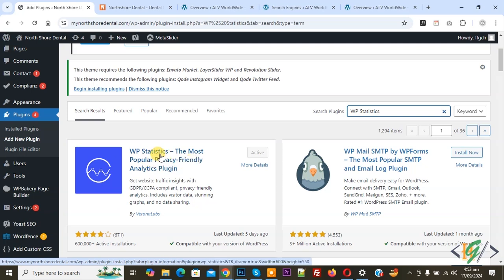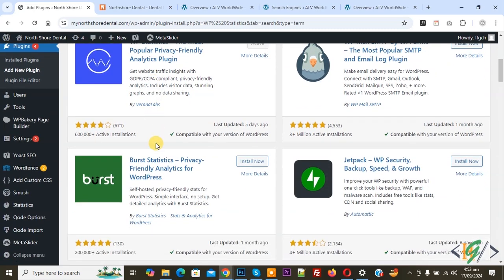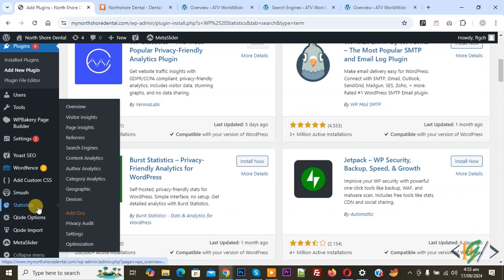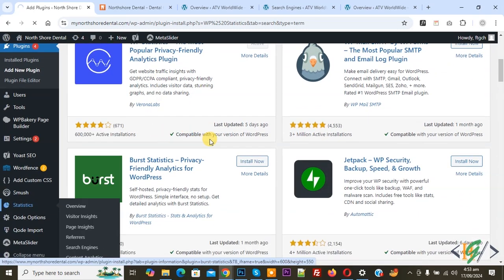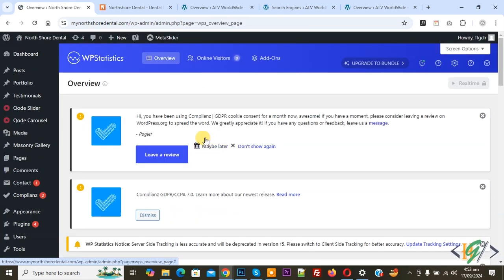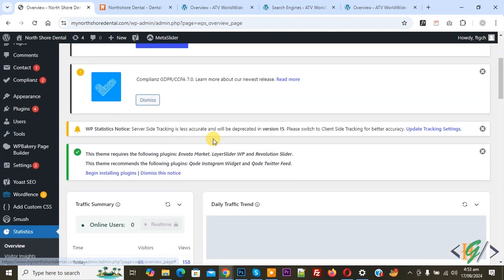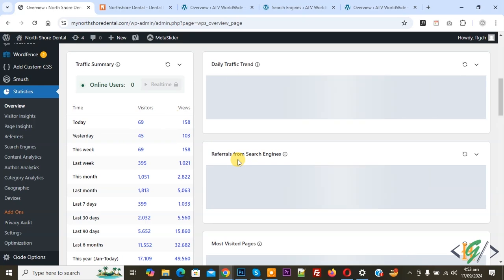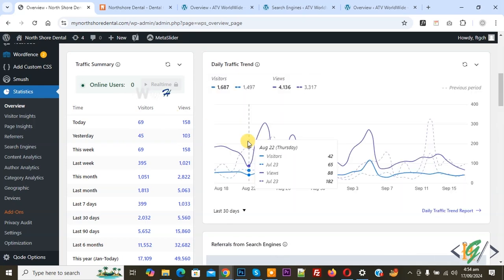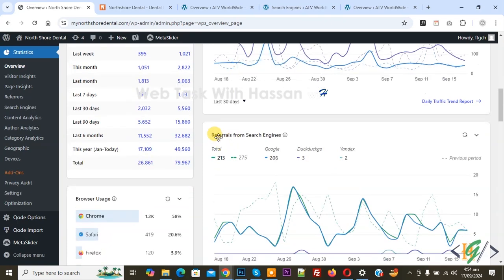And after activation, on the left side you see Statistics. So click on it. I already installed this plugin and activated it. So we are in Overview, and then scroll down. You see multiple options. We are going to monitor traffic from different search engines, and then you see Referrals